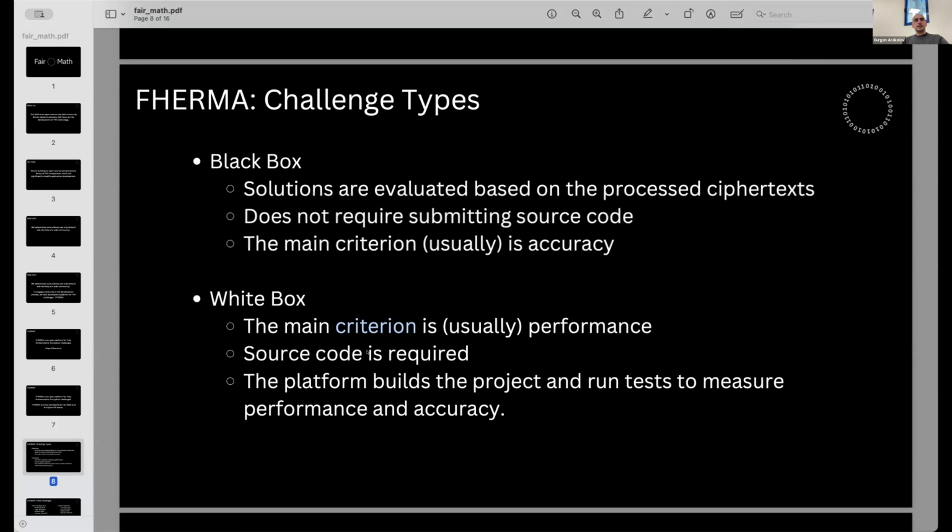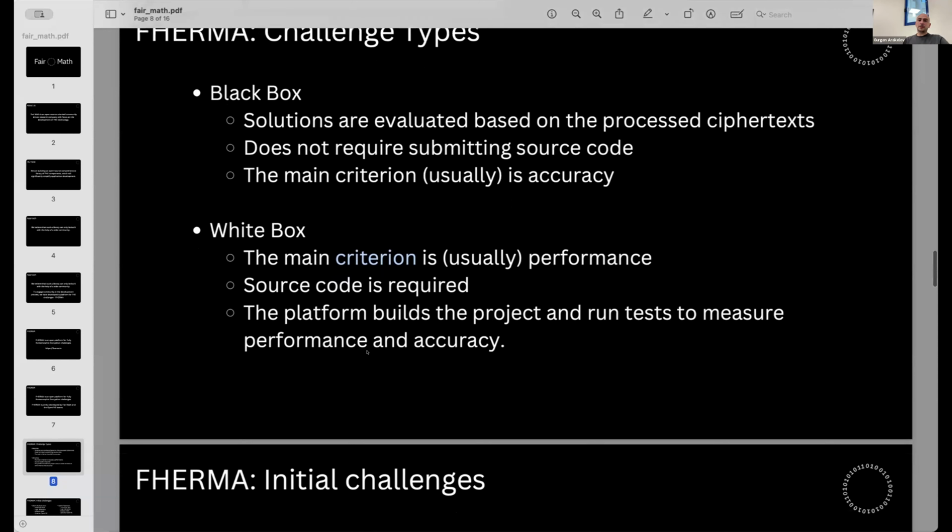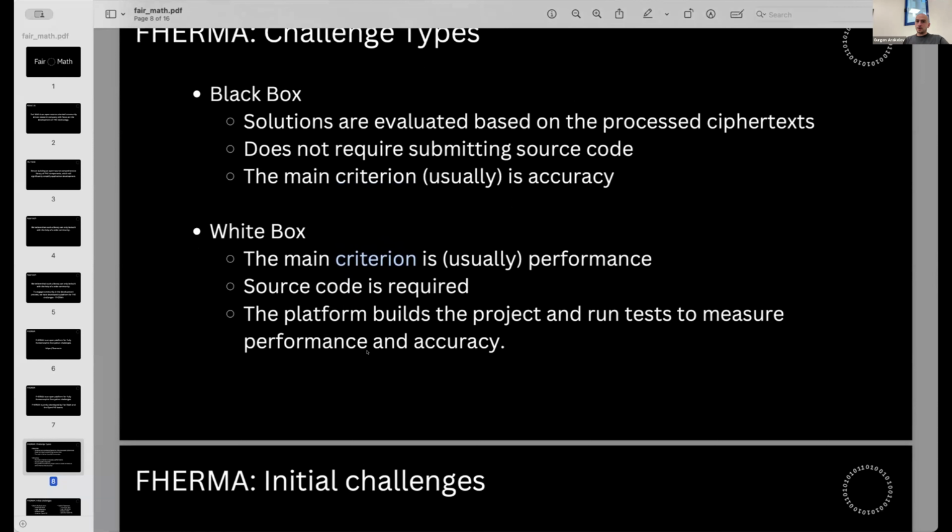And this idea we use for our black box challenges, where we publish a challenge and some encrypted test cases, and we require the participant to process the encrypted test cases and upload on the platform only the final result, which allows us to decrypt, compare with the expected result, and make some scoring. So in this case, it's not necessary to upload source code. It's just needed to upload the ciphertext, which can be considered as some kind of proof.